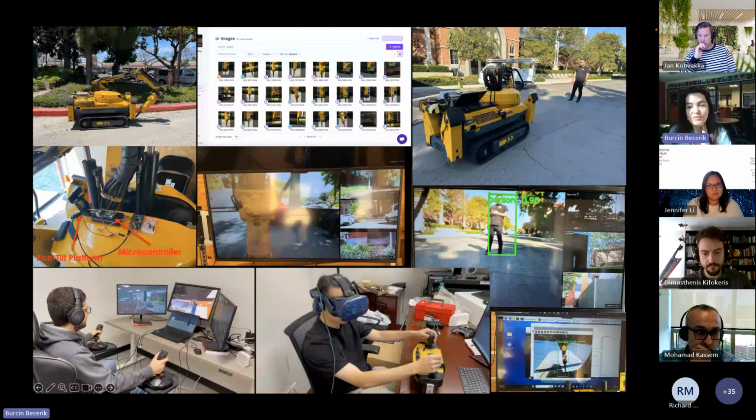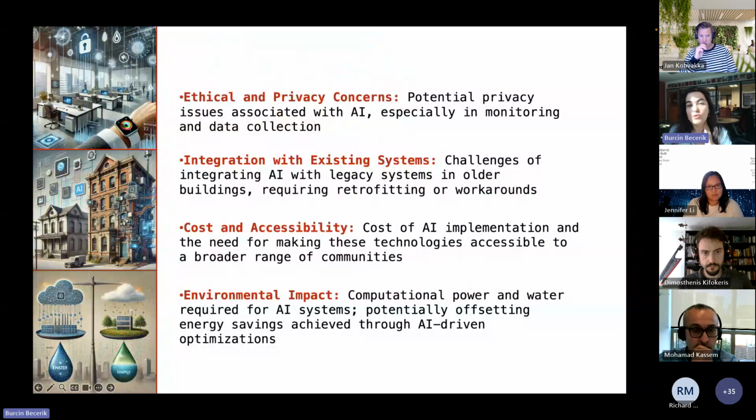I don't think we have a lot of time, but I want to point out some of the challenges that remain, and we must really address this as a research community and practitioners. There are ethical and privacy concerns when we implement AI in built environments, because even with simple air quality sensors, we can detect some personal factors, know who you're interacting with. So it goes beyond simply looking at carbon dioxide or VOC or PM levels.